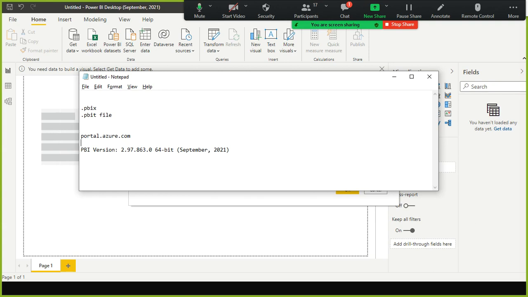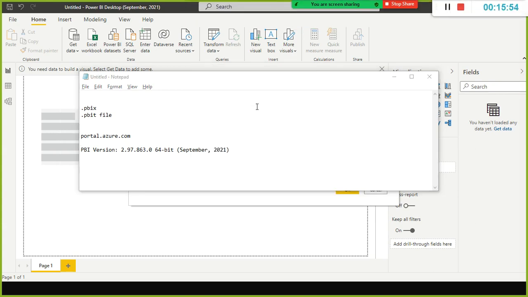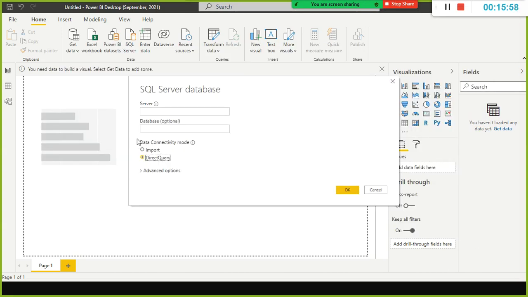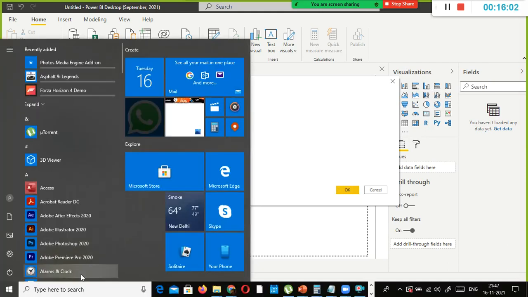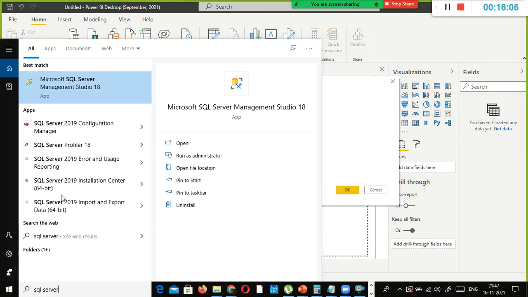Also, if you start any service, make sure that once you come out of the cloud, you shut down the service, or better delete it, otherwise they will charge you like anything. You might be wondering when you receive your credit card statement that they have deducted a lot. It's all on an hourly basis. For the SQL Server database, I'll just go here and type SQL Server.